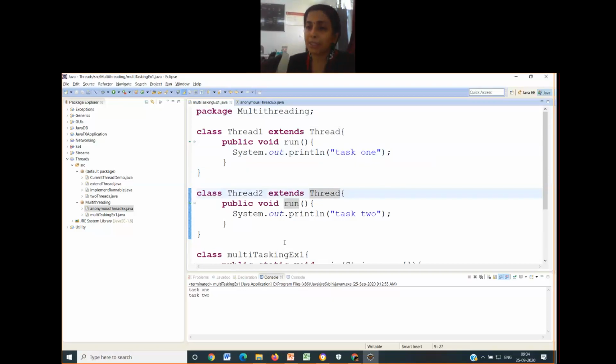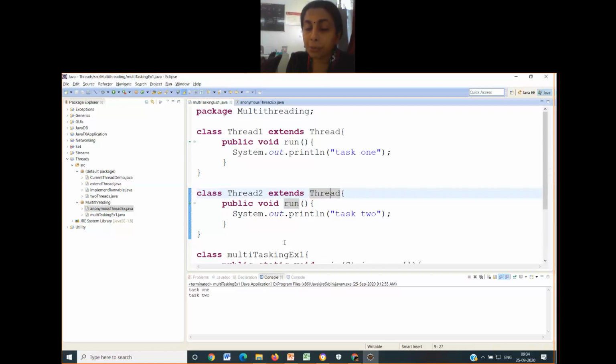See, you can have a mix and match. There is no hard and fast rule that you have to have extends Thread. You may create the Thread1 class by extending the Thread class. Thread2 can be created by implementing Runnable. Accordingly, the modification has to be done in the main. Please remember, if you use extends Thread, direct creation and direct usage of the object is there.